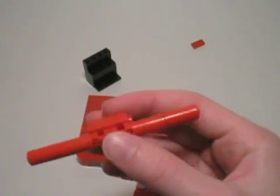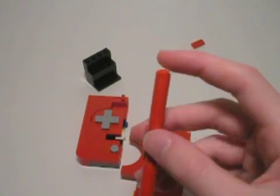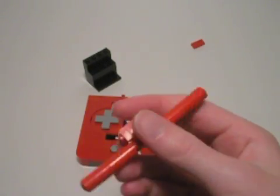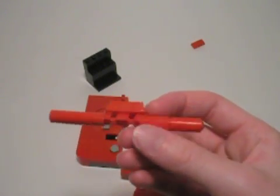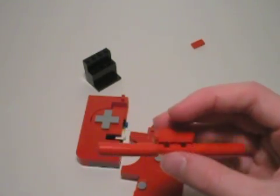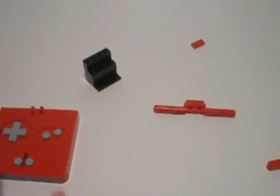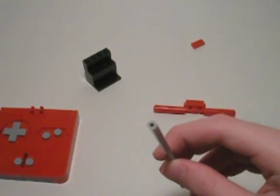Now, this joint area, if you look on my Flickr page, you can see how this attaches these two Technic connectors, this little top piece here. But the way it connects them doesn't allow me to put in a Technic pin to connect the two so that I could jam a bar in there. So I attached them, hold on, I'm going to put this back together, via 4mm pneumatic hose,